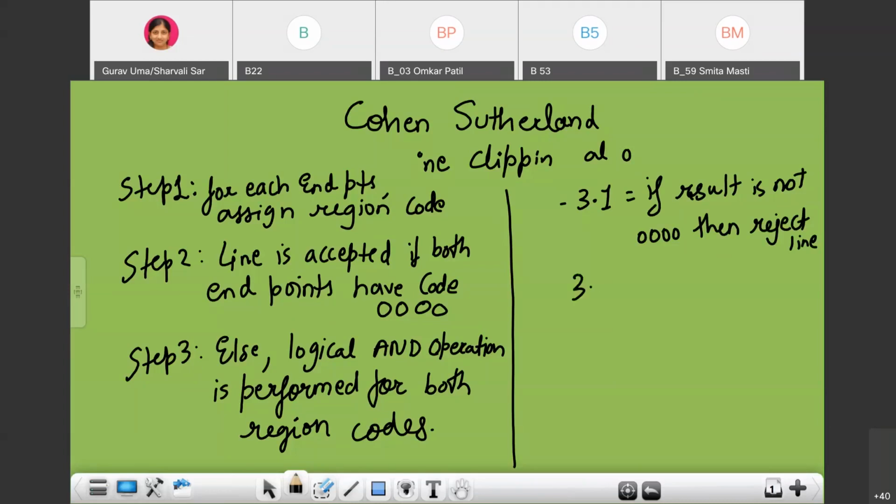Else, step 3.2: if the result is not 0, 0, 0, then we will reject the line, and if the answer is 0, 0, 0, then clipping is required.